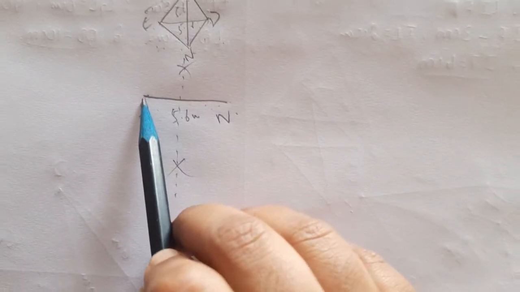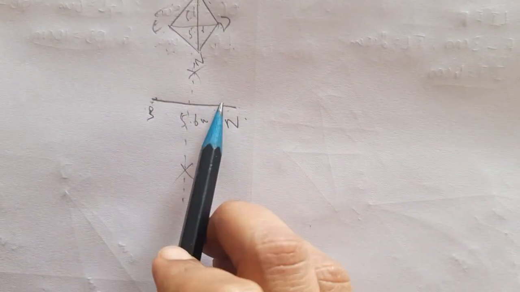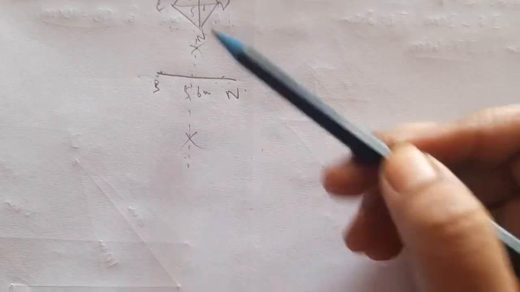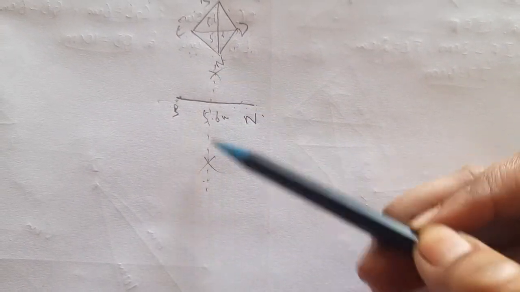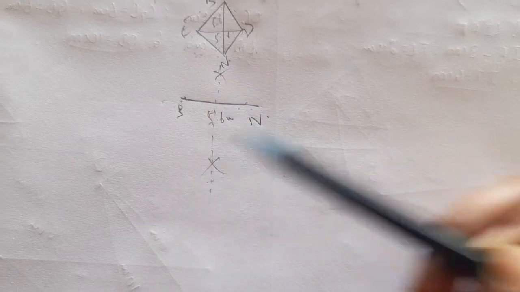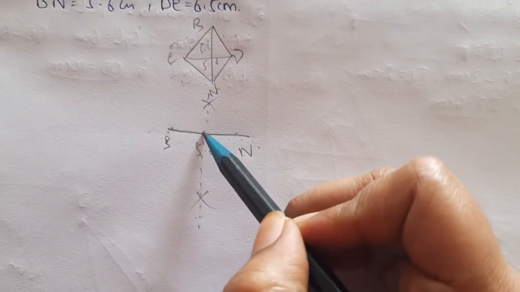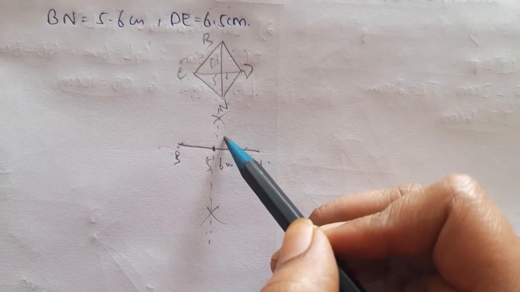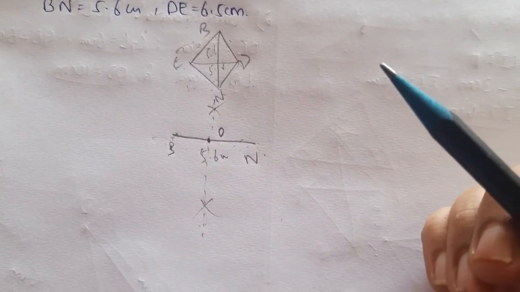How to construct the perpendicular bisector? From both the vertices, measuring more than half with a compass, both above and below, you need to cut an arc. Again from N, cut an arc and join with the help of a dotted line. That dotted line will intersect this line at some point. Now label it as O. Now we have constructed one diagonal.